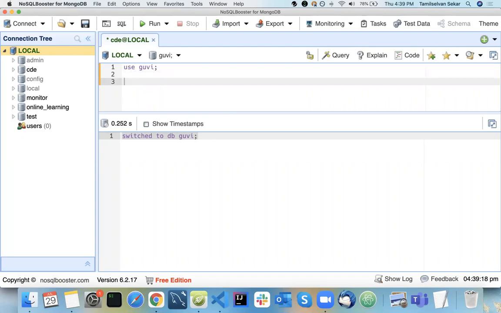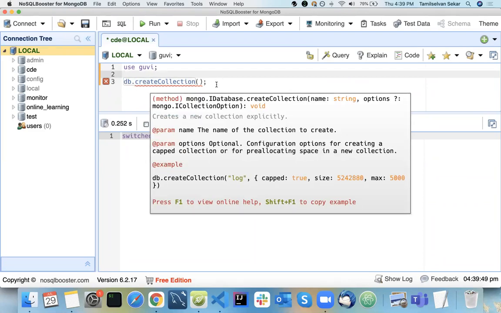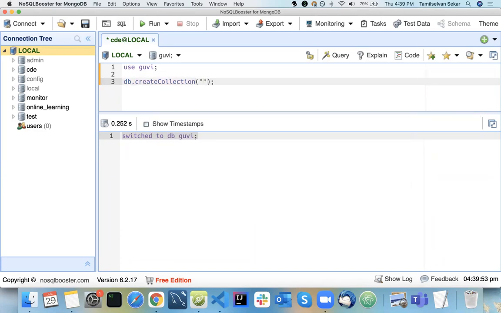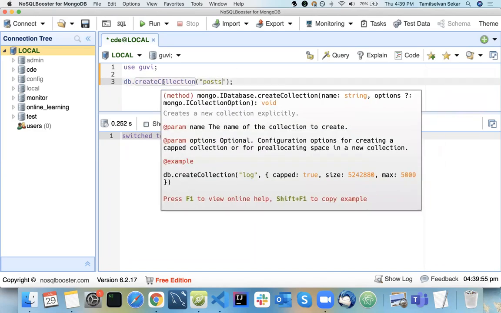See here, this is the syntax. Everything starts with db. The db is nothing but a connection string for your GUI, so this db is now pointing to your GUI. db dot, see, this is purely JavaScript, createCollection. It is a function. Your db object has a function inside it called createCollection, and you can mention your name here. Suppose you want to create a post table, db dot createCollection of post.